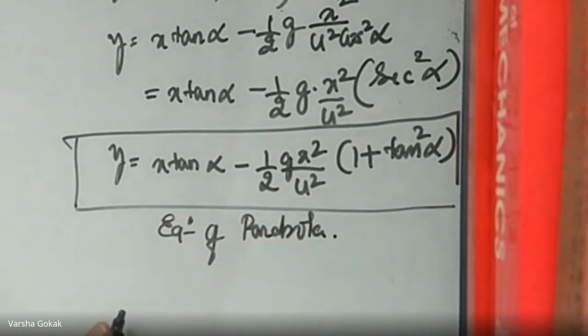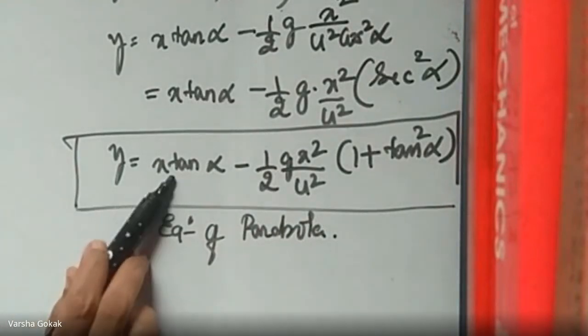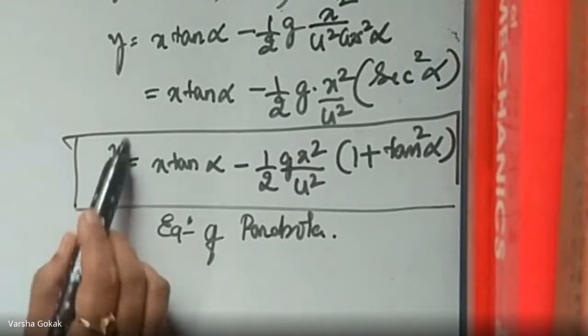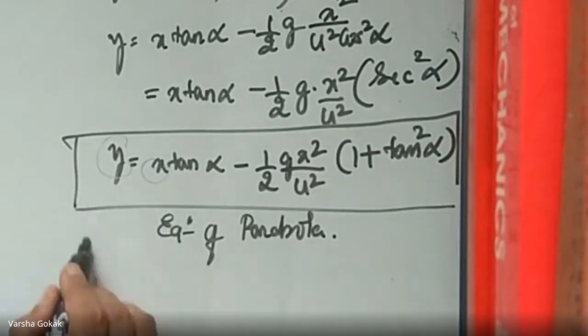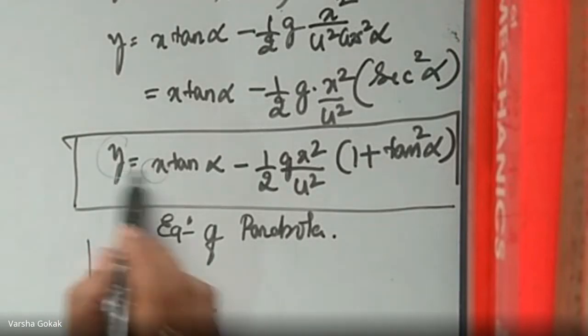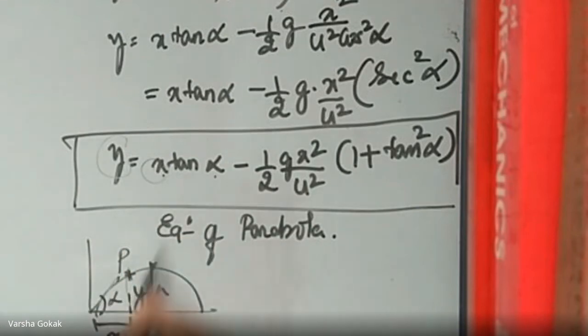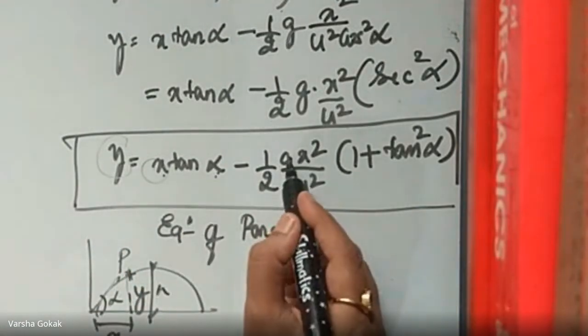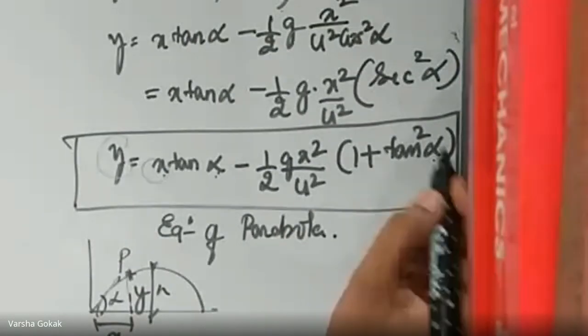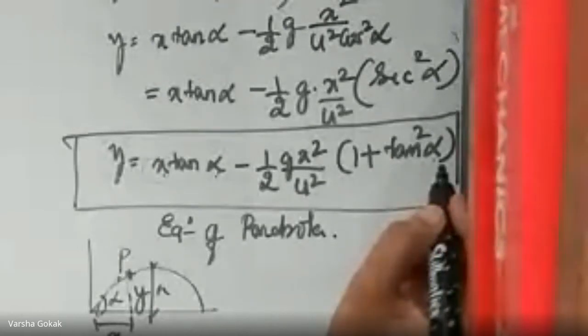When we are doing the numericals of projectiles, this is what we are going to use. At a particular point, if they are asking P, you will know the value of y and x. In that particular figure, this is the maximum height. I had considered a P over here, so its coordinates are x and y. So you will have y, you have x, alpha is the angle of projection, g is the acceleration due to gravity, u is your initial velocity, and alpha is there, so tan square alpha. This represents the equation of parabola.